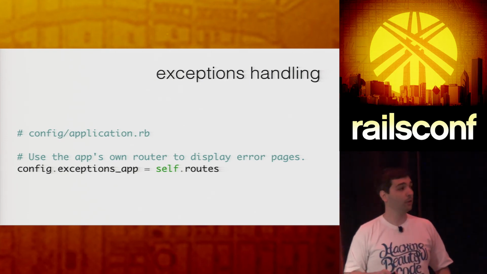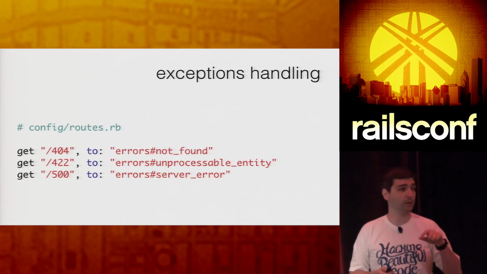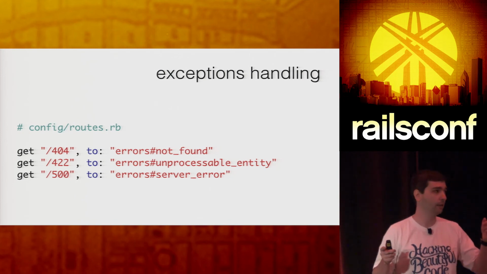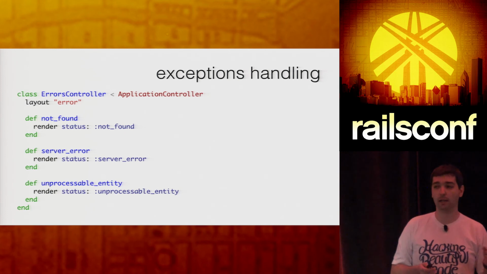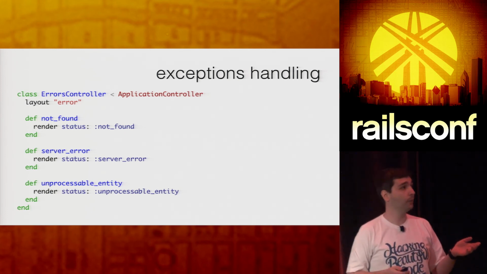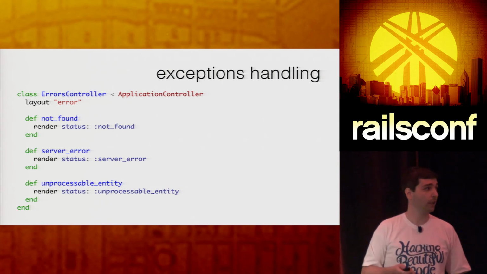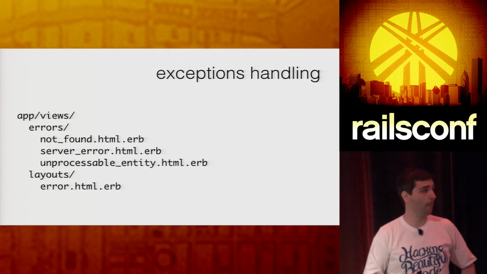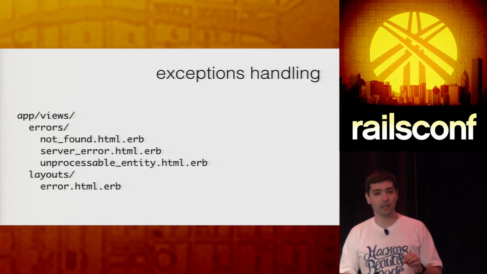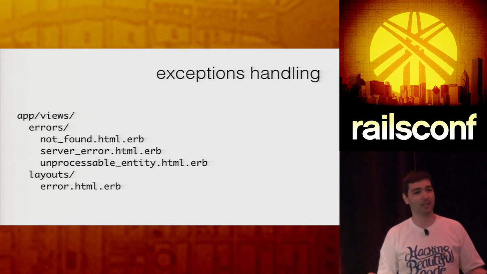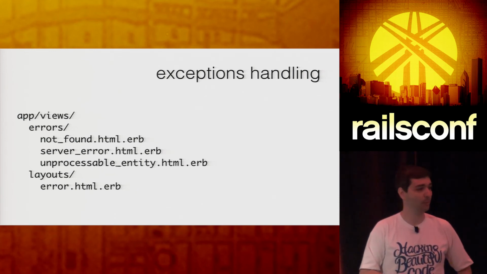Right? And what you can do with that is that you can go to your routes, define your error routes like that, and point to some controller, like an errors controller, which is going to be like that. You can have a different layout for that, and the methods in there, and you can handle everything in a nice format for you. Right? The only thing you don't want to do here is to screw something up, because you're already in an error state, right? If you do raise another error, no, that's another problem.